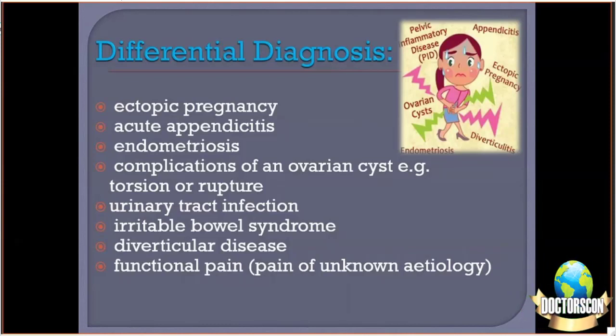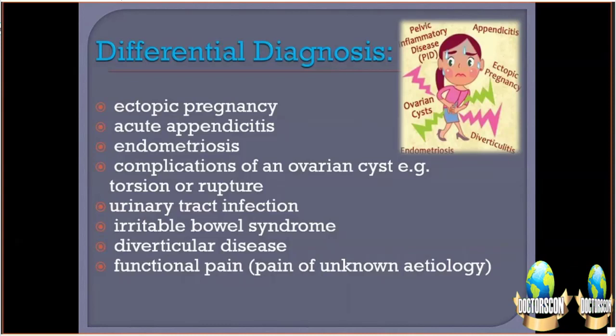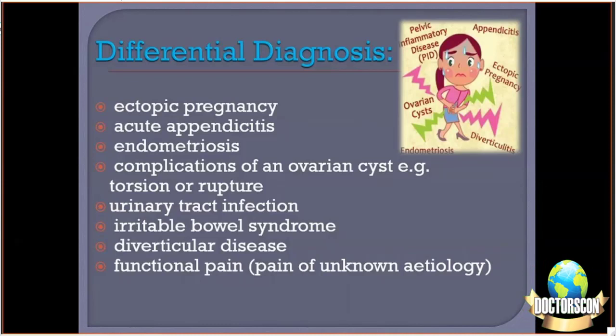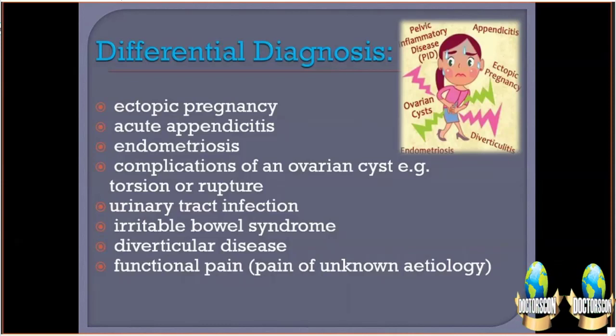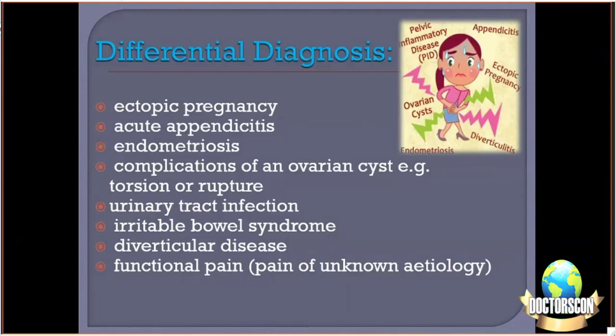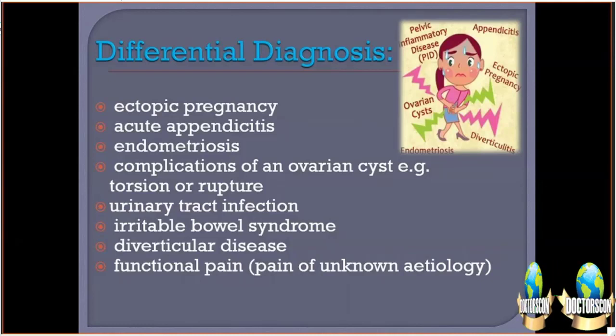So what are the outpatient regimes? The recommended regimes by the RCOG and the CDC: first-line treatment is injection ceftriaxone 1 gram intramuscular as a single dose, followed by oral doxycycline 100 milligrams BD plus metronidazole 400 milligrams BD for 14 days. The second line would be oral ofloxacin 400 milligrams BD plus oral metronidazole 400 milligrams BD for 14 days. It's important that whenever you have a diagnosis of PID, the antibiotic has to be completed for 2 weeks. The treatment is 14 days.